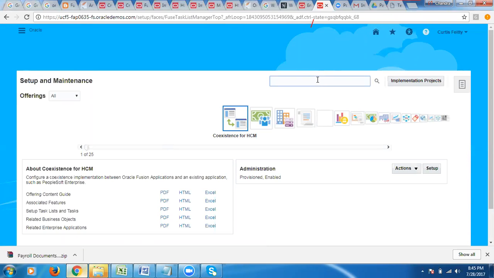Now go to the task, Manage Enterprise HCM Information.